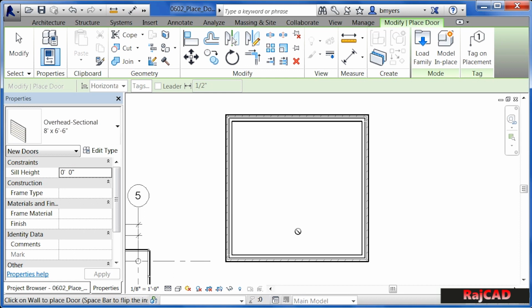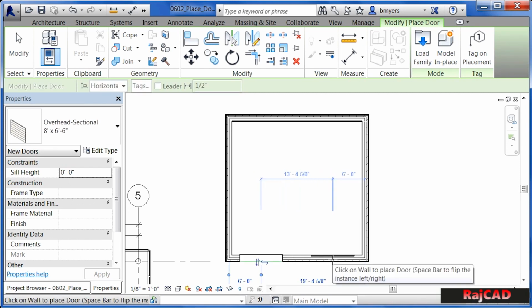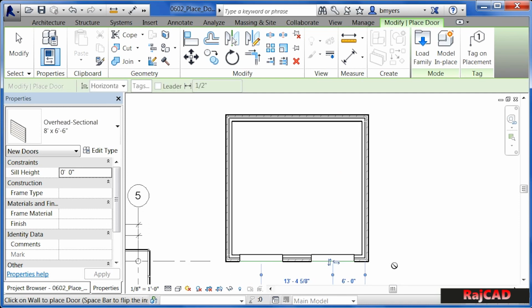But if you move your mouse straight down until it's touching one of the walls, you'll be able to see that door trying to get placed into the wall. In fact, in this case, let's go ahead and place 2 of these doors in. Move your mouse over, then when you get the 6-foot dimension, click in order to place the door. Move your mouse over again. When you see the 6-foot dimension on the right, click again, and that will place another one of these overhead